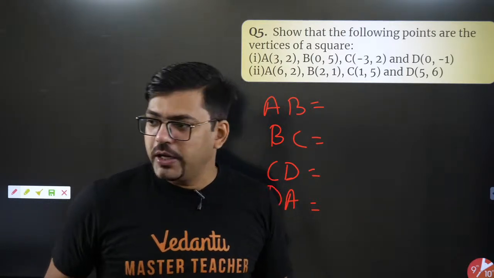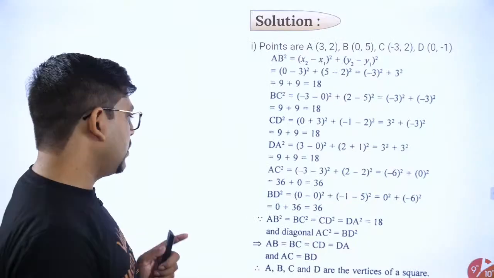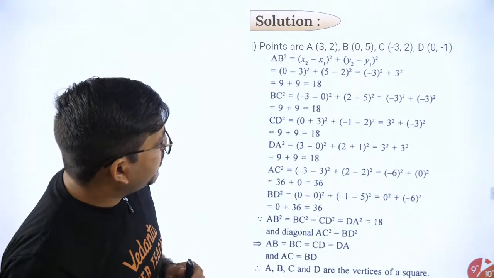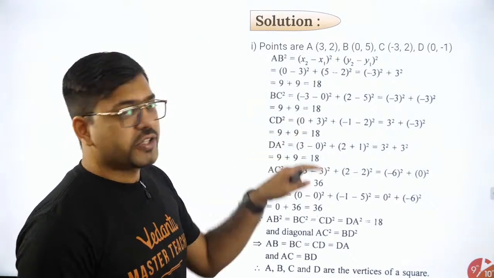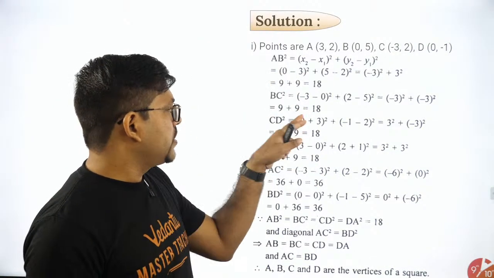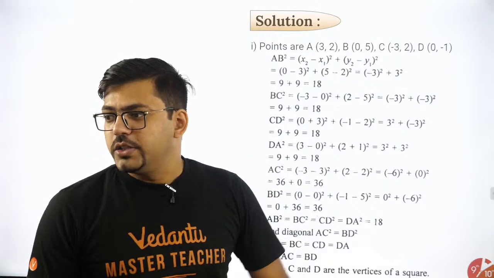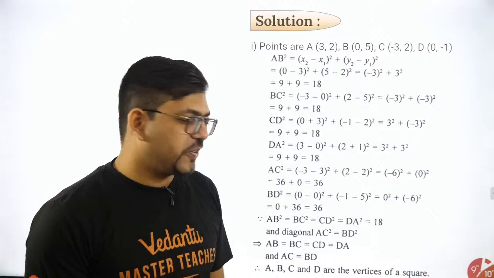Chalo. Moving ahead, Akshara has given the answer also, 3 root 2. I don't know, Akshara, I'll have to see. So is it 3 root 2 anywhere? Yeah, 18 is 3 root 2 only. Akshara, very good. Proud of you. AB is 3 root 2, BC is 3 root 2, CD is 3 root 2, DA is 3 root 2. Very good. Let's move on.